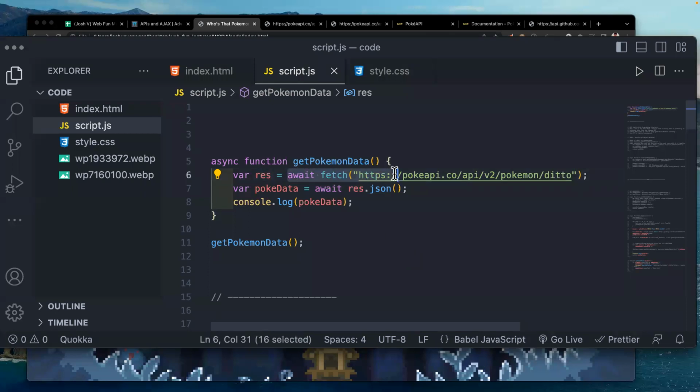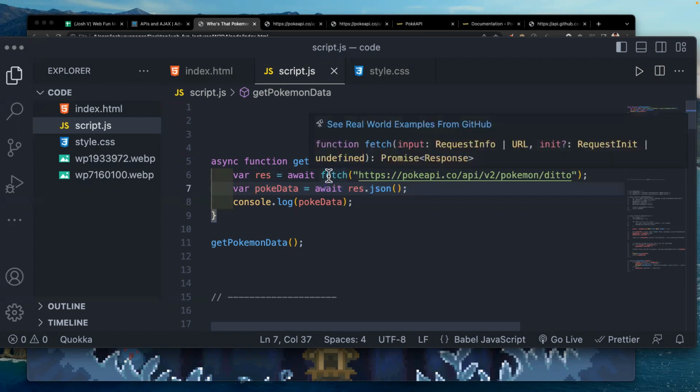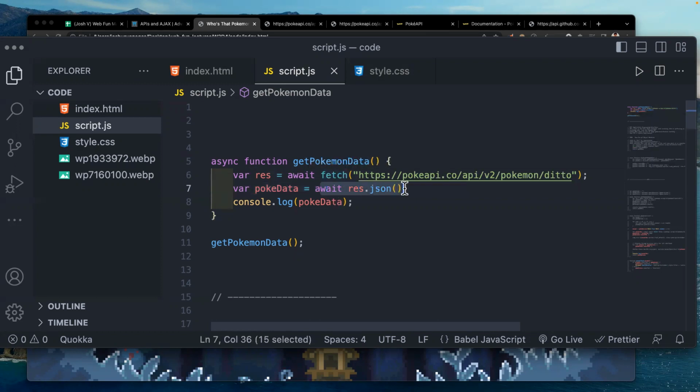That is the API fetch. And the one following the res is usually what converts it to JSON. In this case, we're converting that fetch call we've made to JSON. And then we take that information and we're console logging it. So let's go to this link, see what we're fetching.